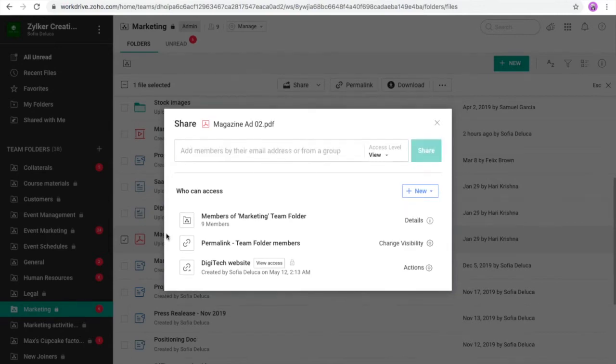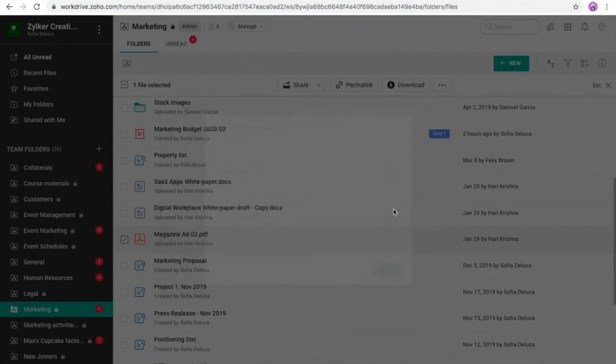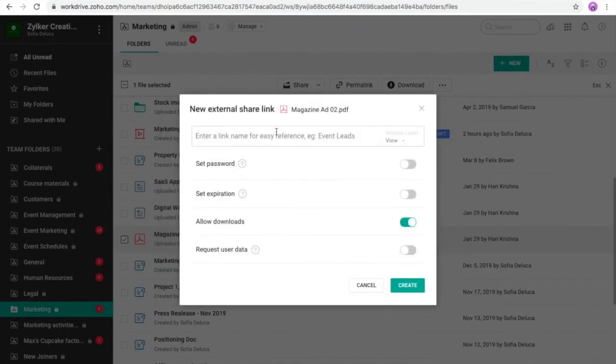Now, let's say you want to work with someone outside your organization. For that, you can create external share links. So WorkDrive lets you create multiple external share links for the same document. You can simply add a reference name to it. Let's say you're sharing it with a prospect, then you can give their name so that you know you're sharing it with them.